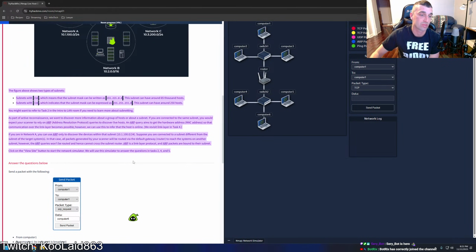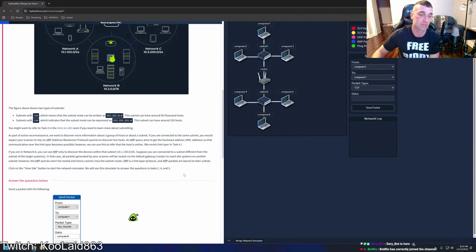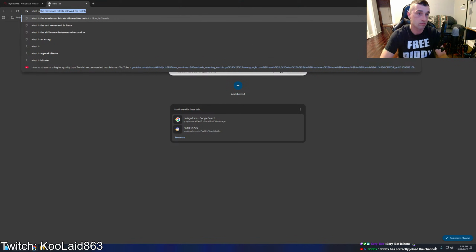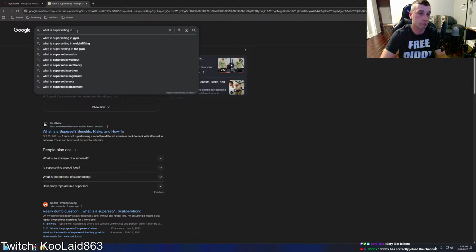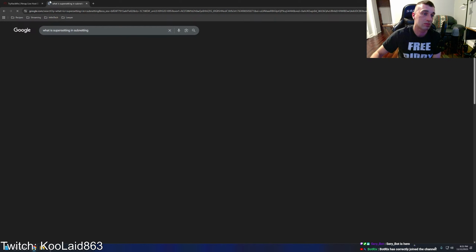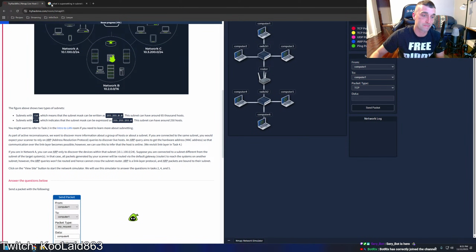The figure above shows 2 types of subnets. Subnets with /16, which means that the subnet mask can be written as 255.255.0.0. This subnet can have around 65,000 hosts. Subnet with /24, which indicates that the subnet mask can be expressed as 255.255.255.0. This subnet can have a